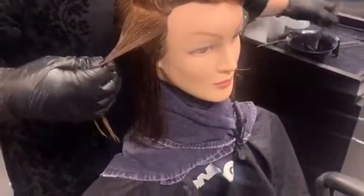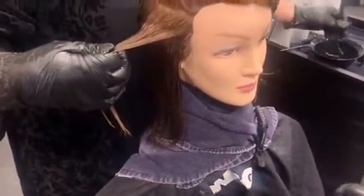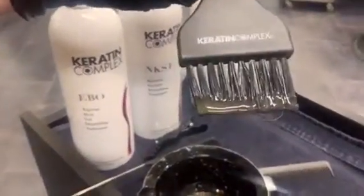So I'm going to take my product on the brush. I'm going to purposely put too much on. So that's a ton of product. That is too much product on your brush. So if I were to take it and put it on the hair,